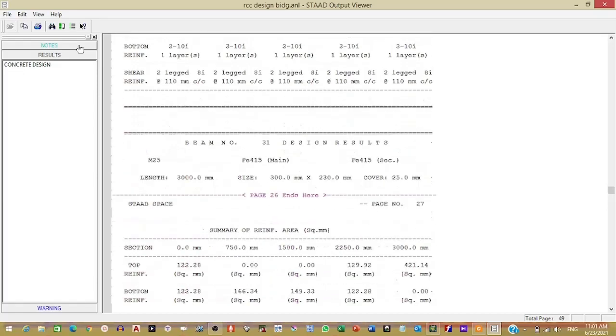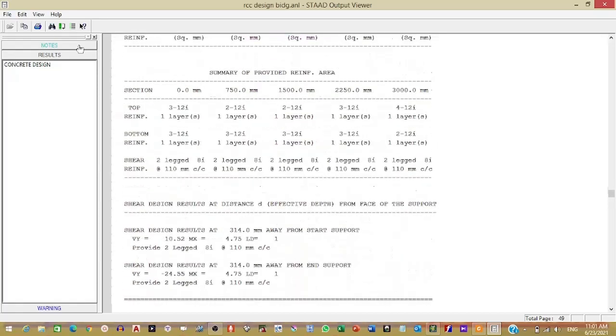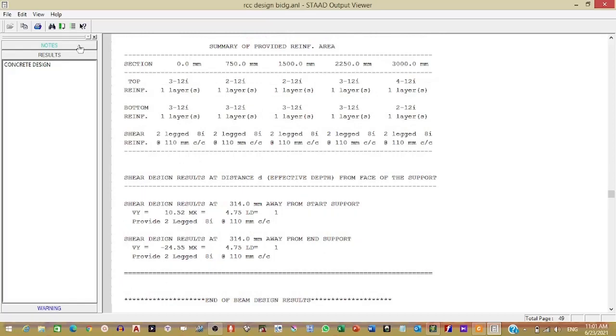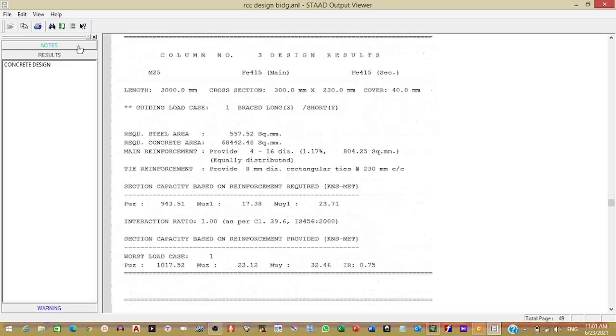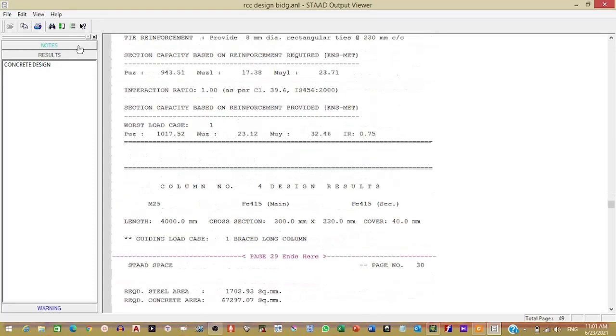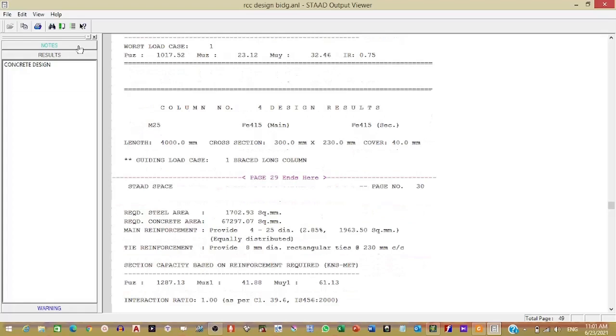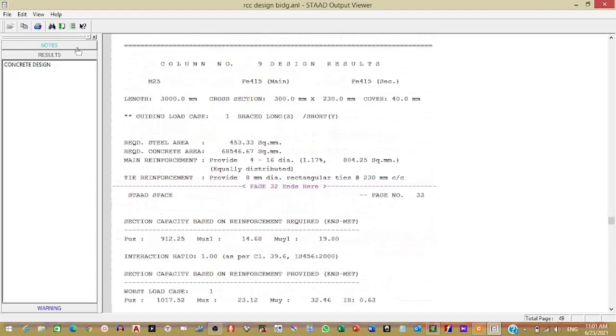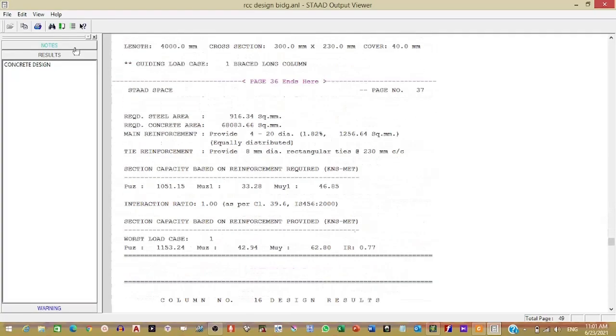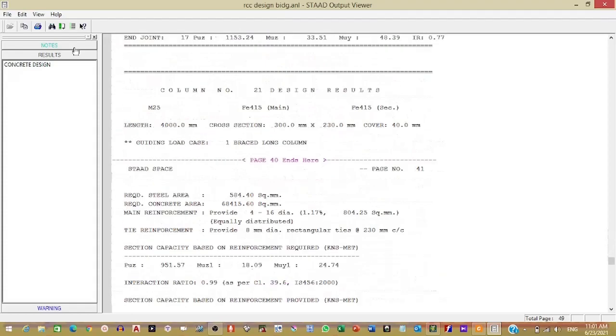Now we will see design of foundation. But before that, we'll see how to generate these reports. Directly you can take a printout, or you need to check whether the inputs you have given, and whatever amount of steel or anything came, they have given output regarding the design.